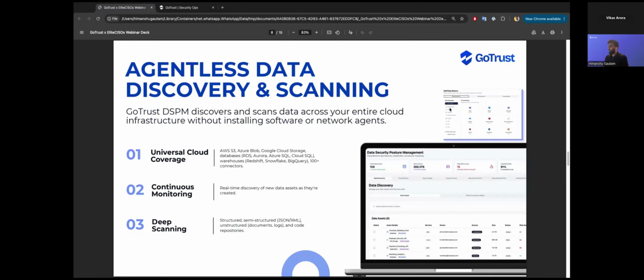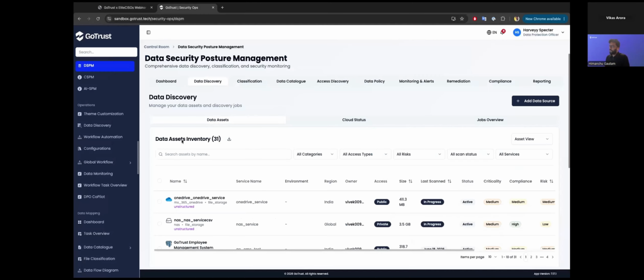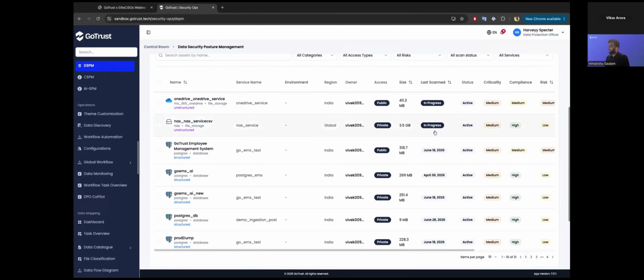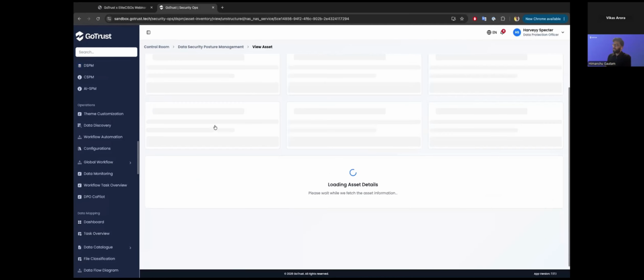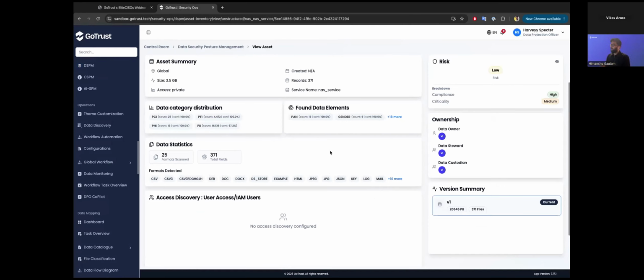So going back, I just wanted to show a glimpse. Now, continuous monitoring is a real thing, real-time discovery of new PIIs as they're created. Deep scanning: structured, semi-structured, unstructured. So when we talk about deep scanning, one thing we want to show you is this NAS storage unstructured file. If I click on this asset, I go directly into